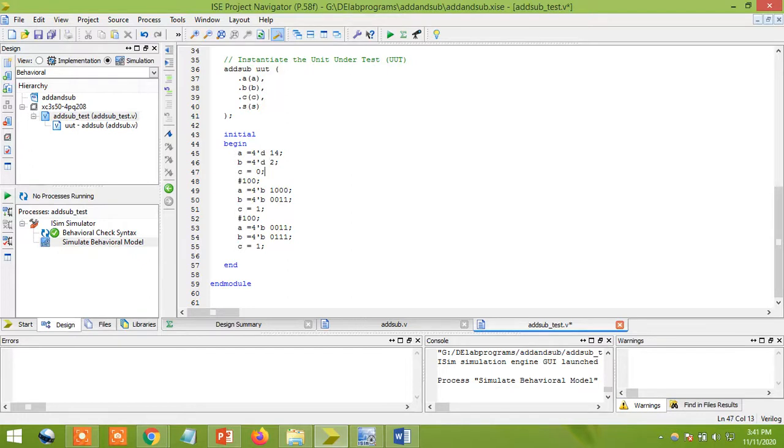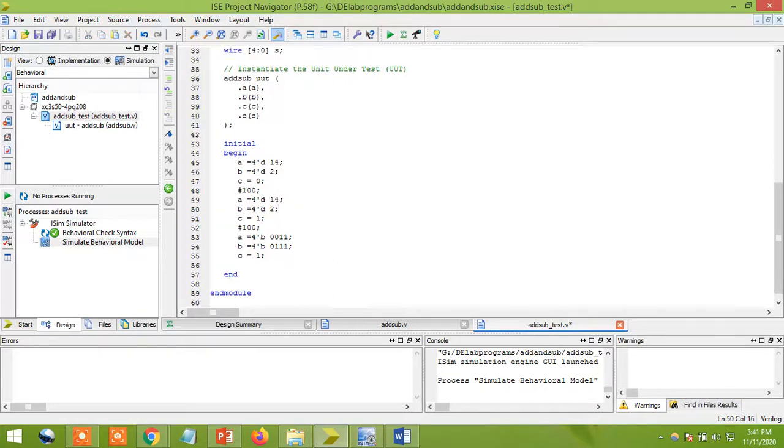Next, C value I'm going to take 0, and the same values I'll use for subtraction. Control C, I'll take, then control V. I'm going to use it in this way. I want to do first addition, next the subtraction. Just save. Similarly, you can try for hexadecimal as well as octal numbers. Okay, overwrite.